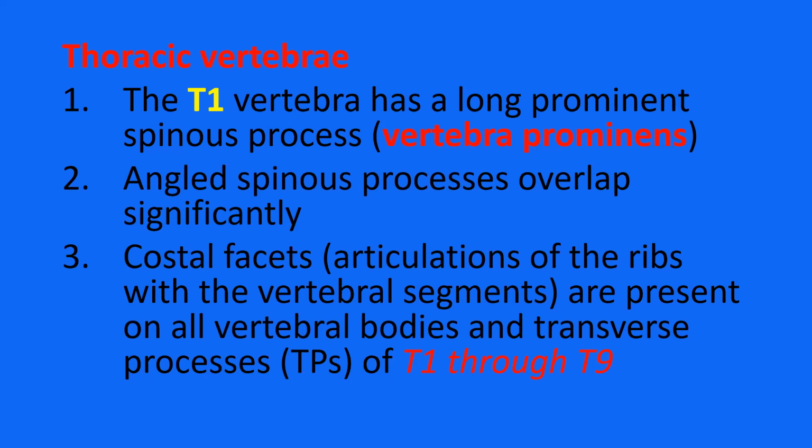The T1 vertebra has a long, prominent spinous process, the vertebral prominence. The angled spinous processes overlap significantly. The costal facets, articulations of the ribs with the vertebral segments, are present on all vertebral bodies and